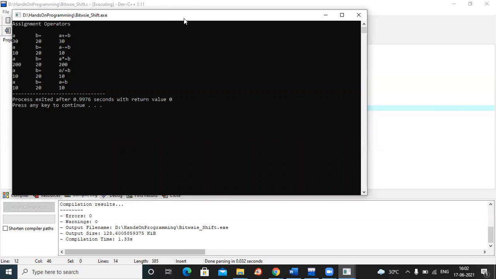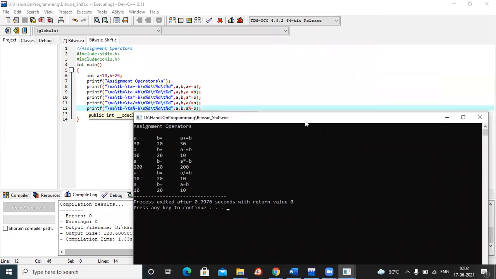So these are the values that we have seen for the assignment operator: plus equal to, minus equal to, multiplication equal to, division equal to, and modulus equal to. The difference between modulus and division is that in division we consider the quotient part, whereas in modulus we consider the remainder. So that is about the assignment operators. We have other operators like greater than or equal to, less than or equal to. This we will be seeing in the conditional statements in the upcoming classes.